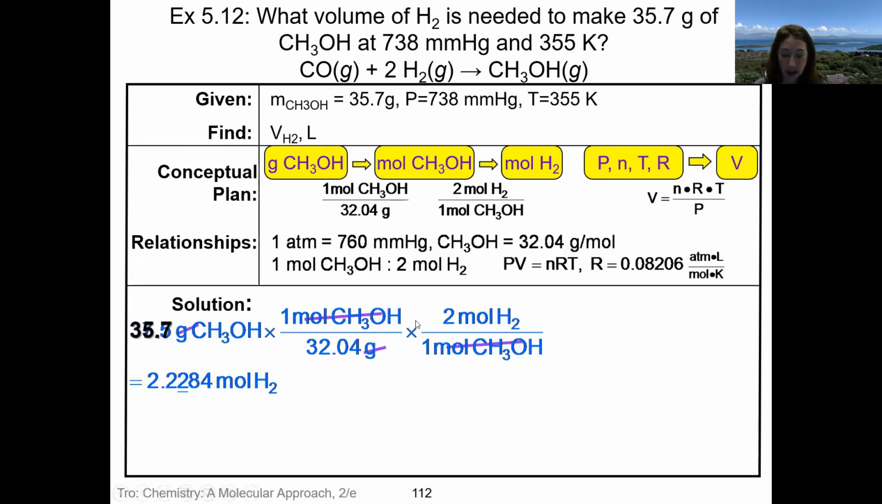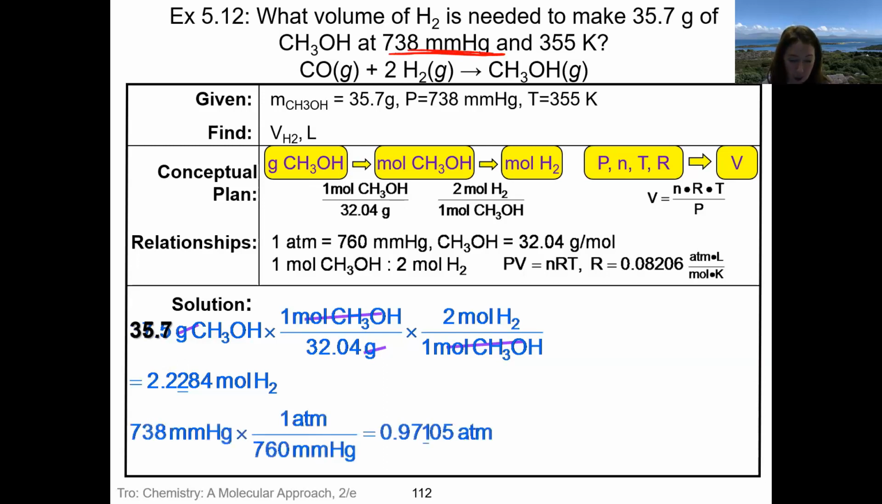And so now I can use PV equals nRT. There's a lot of little details to keep track of here. That is in millimeters of mercury. It needs to go to atmospheres, right? I feel like we're professionals at doing this since we've now done it a few times in lecture and lab and in your homework. So we get our pressure, 0.97 atmospheres, and then we just plug that into PV equals